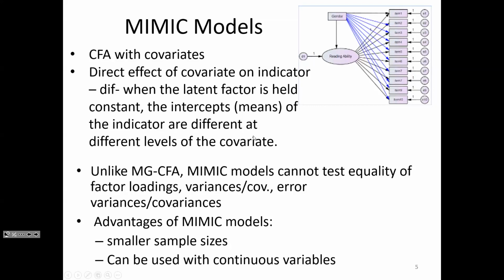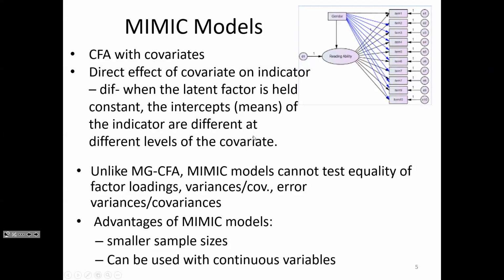Yeah, that's what I'm saying. You could have a really large sample, but the groups could be very uneven. So one group is 400 and the other group is 50. Even though 450 sounds like it should be plenty for a multiple groups CFA, it's not if there are only 50 in one group. That's exactly right. So if you end up with a small group, that's a very common time that you might use this model.